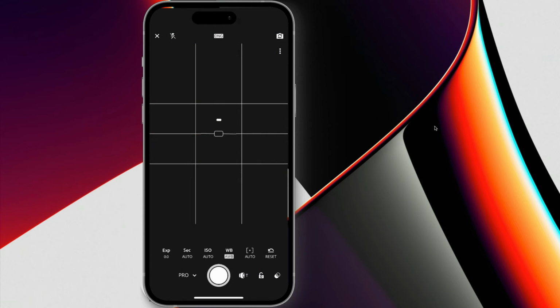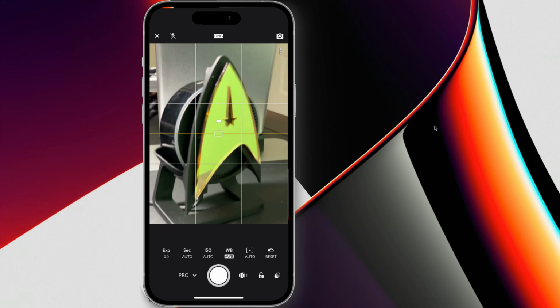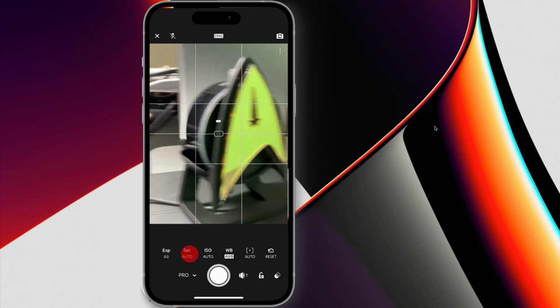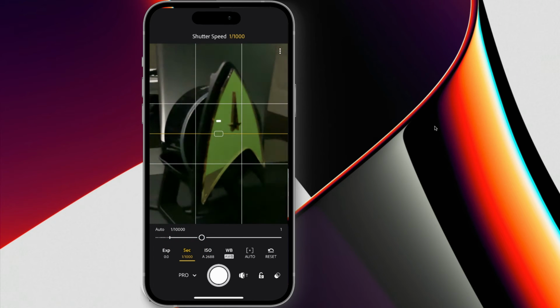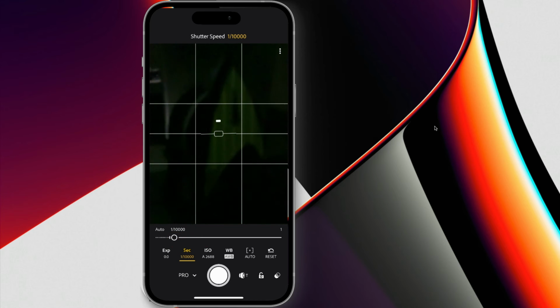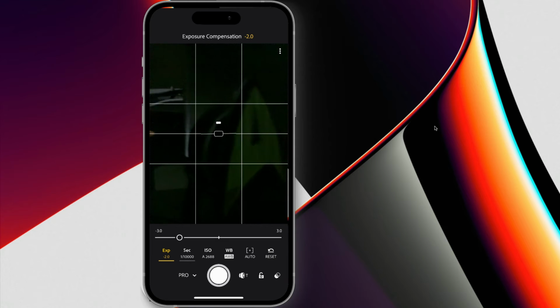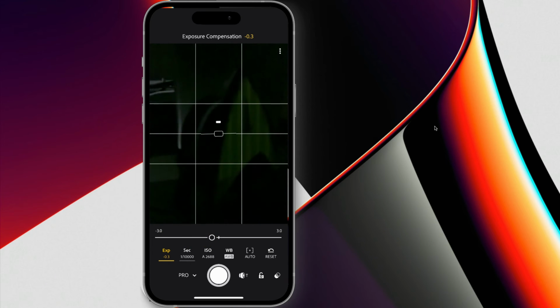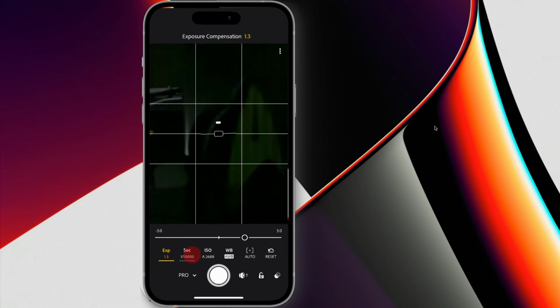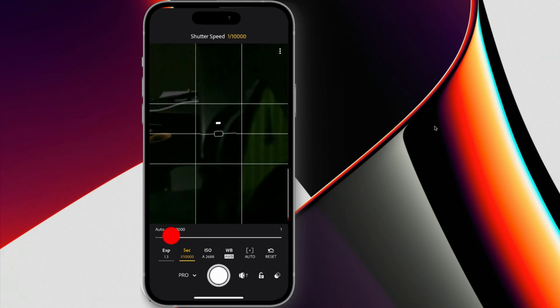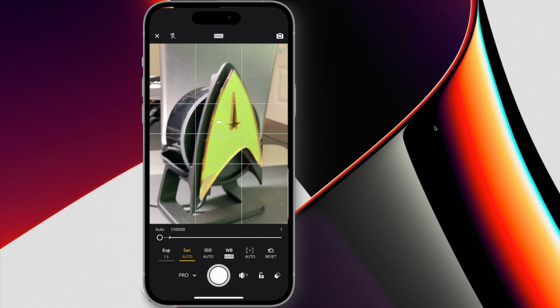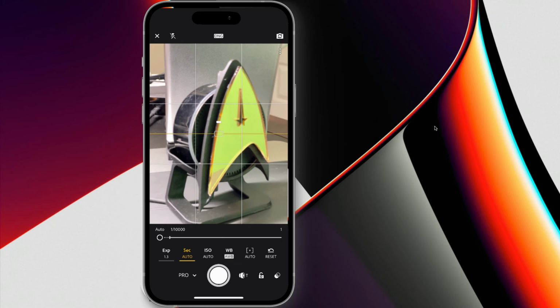Don't even have to wake up the phone first. It'll take me right into the Lightroom camera where I can go in and change anything I want to change. Shutter speed, exposure, anything else I want to get the shot that I'm looking for. So you get the idea, the ability to go in and quickly customize your lock screen or your home screen